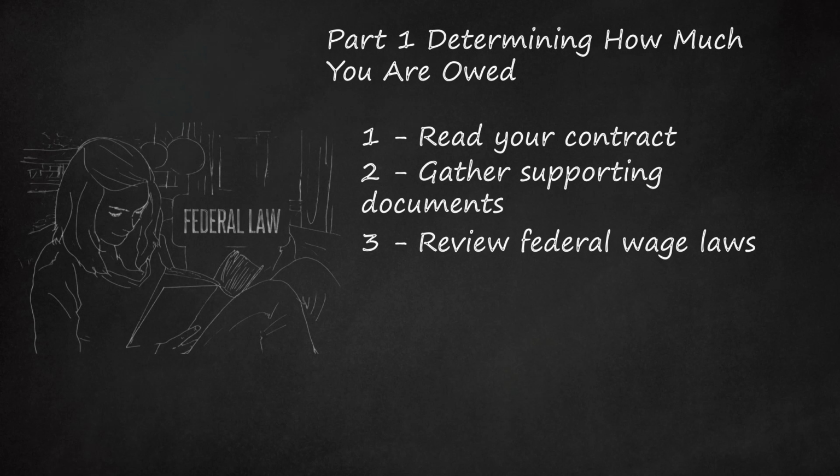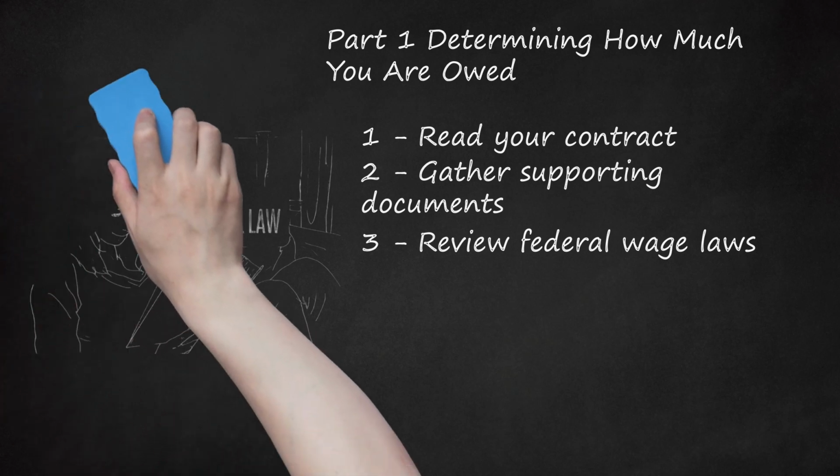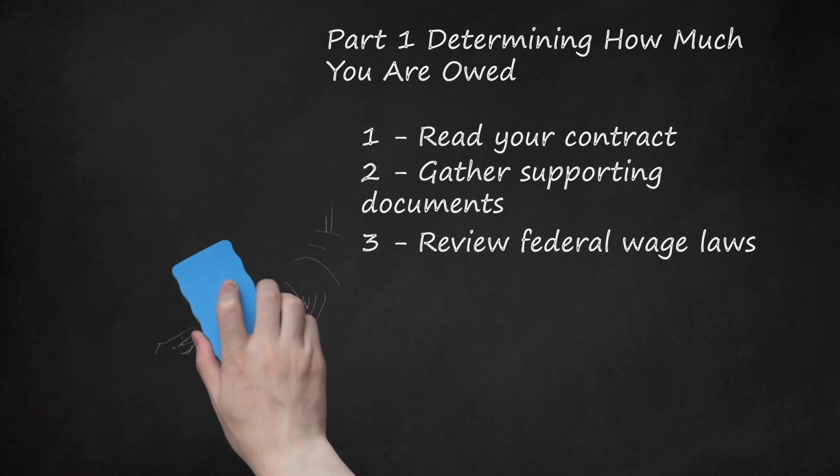There are also federal rules and exceptions for overtime pay. Federal law specifies that your employer must pay you 1.5 times your regular pay for every hour you work in excess of 40 hours each week. You can find the exception to both the minimum wage and overtime laws at